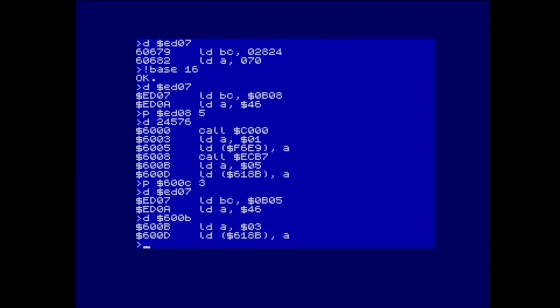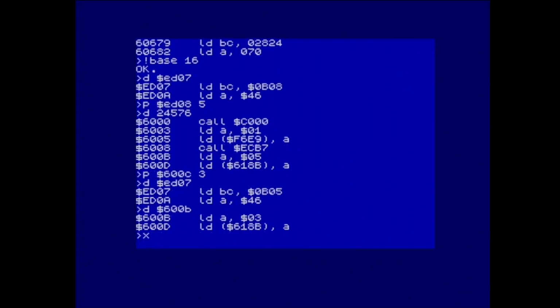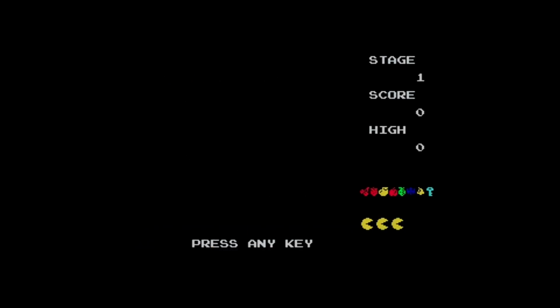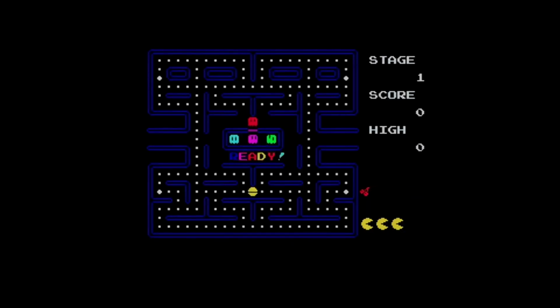So if I break out of that, so we've got our 3 Pac-Man graphics. So if I press